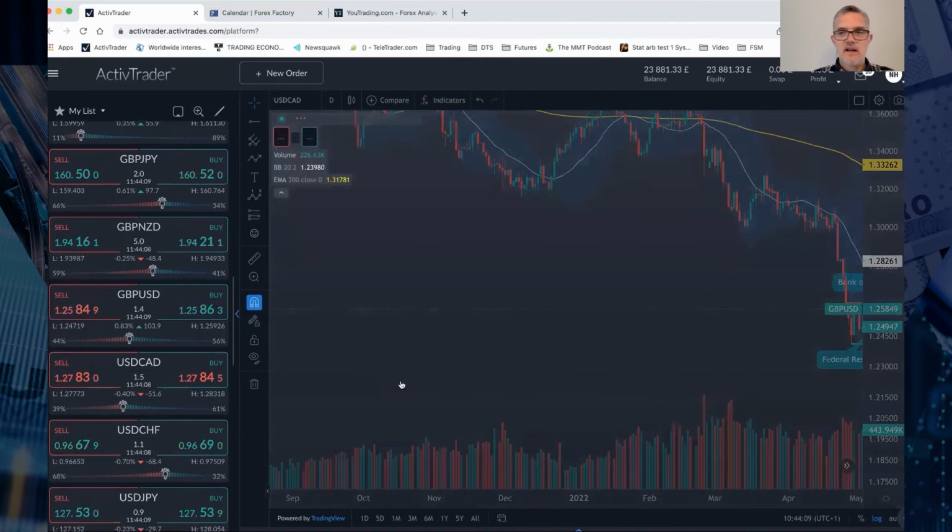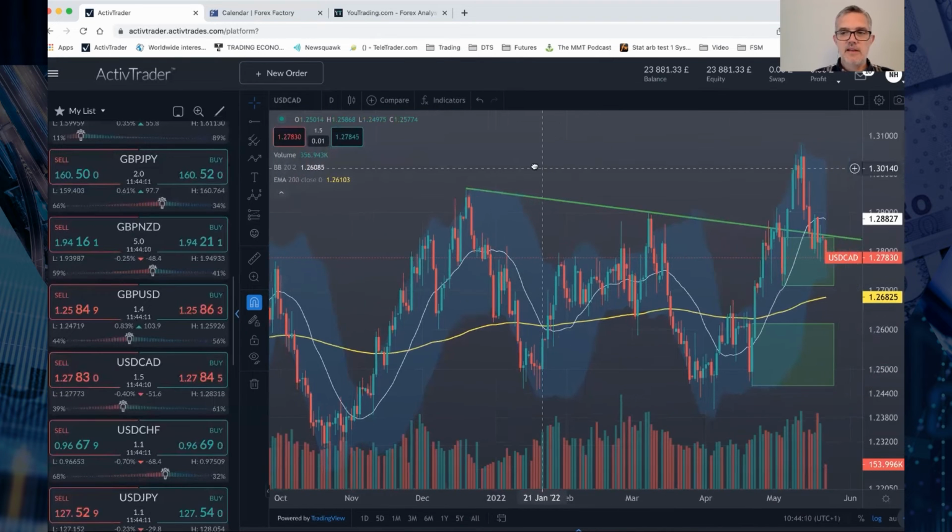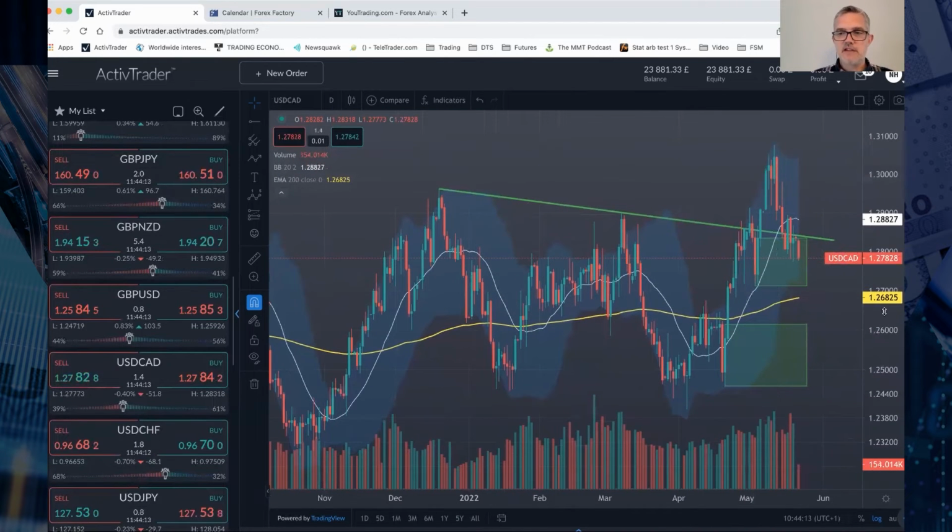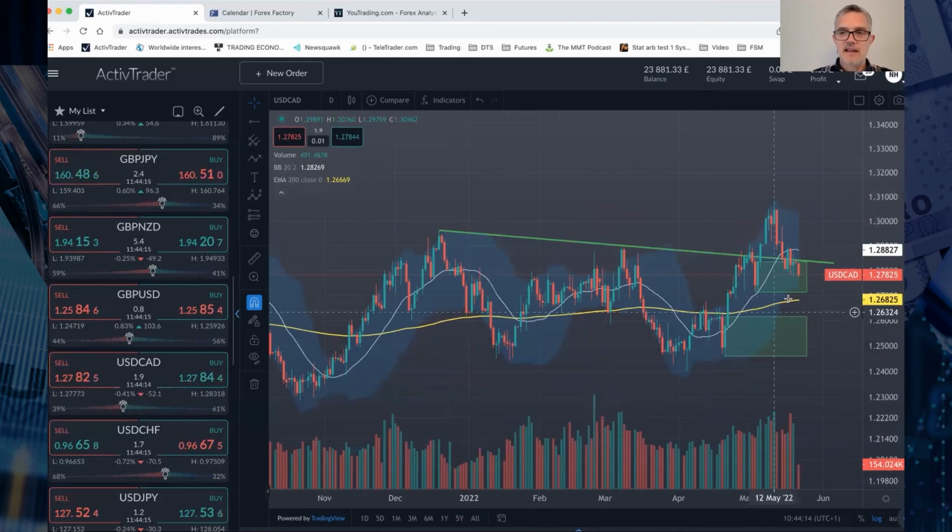Dollar CAD, as the dollar weakens, then that supports energy prices, and we're seeing dollar CAD come down lower. We've obviously been trading in this range from the 4th of May for quite a few days now, dipping into it. Looks like we're going to come back through there now, hit the 200 period moving average, see if that acts as support.